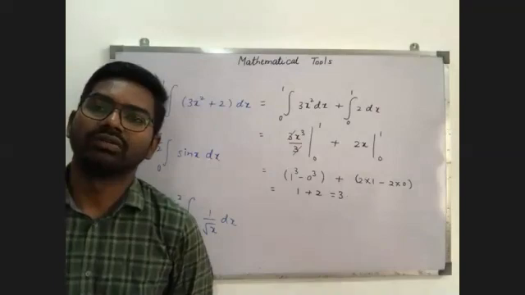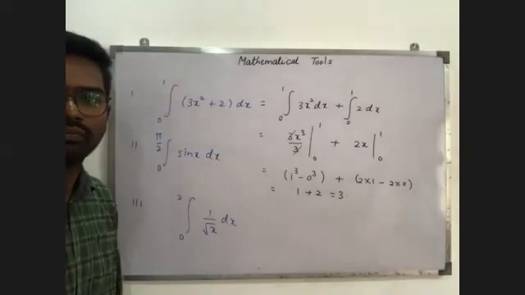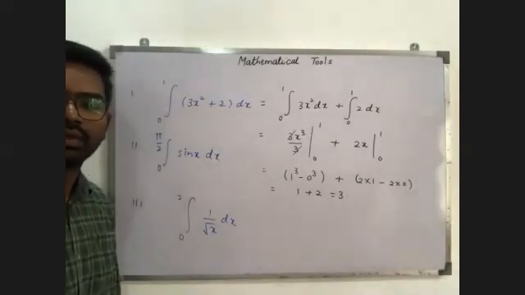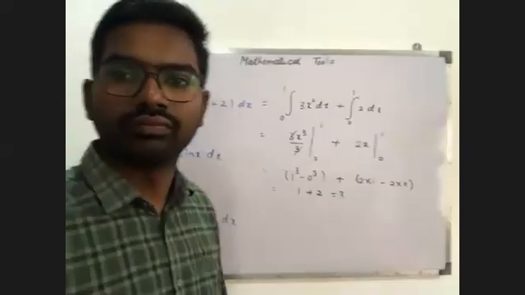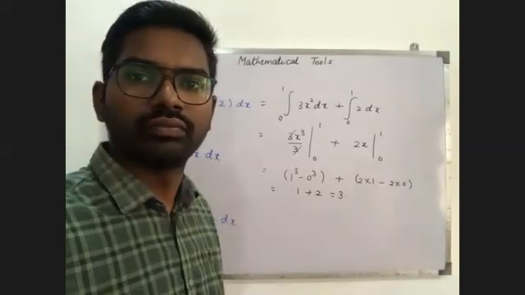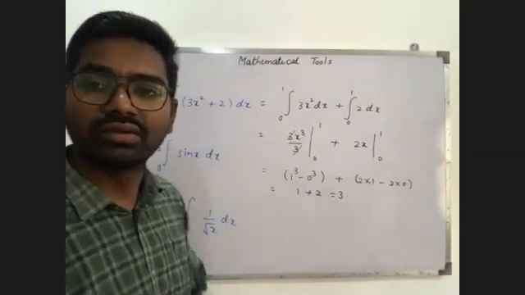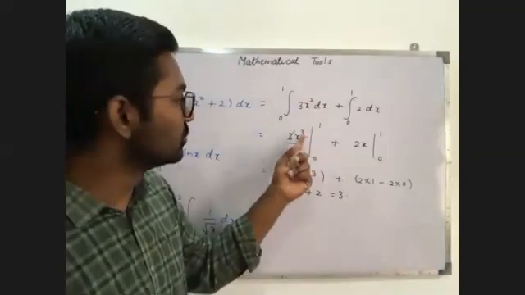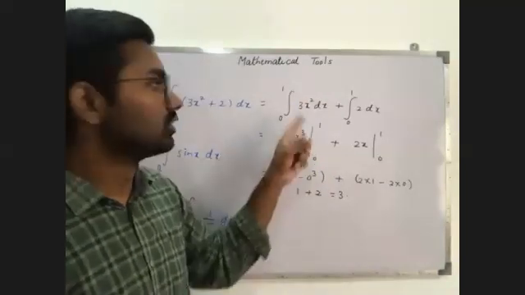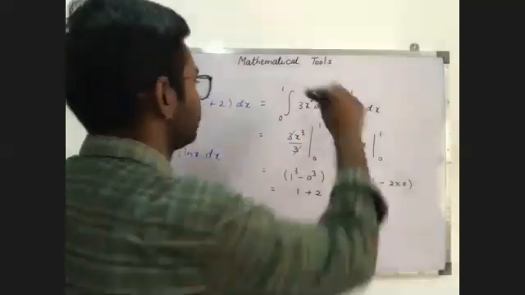Okay, have you noted down? Is it done? Everyone noted? Definitely, we have to write 3 in the denominator, then it cancelled out. Because the integration of x squared dx is x cubed by 3. So this 3 was from here, a constant, and this 3 came from the integration.